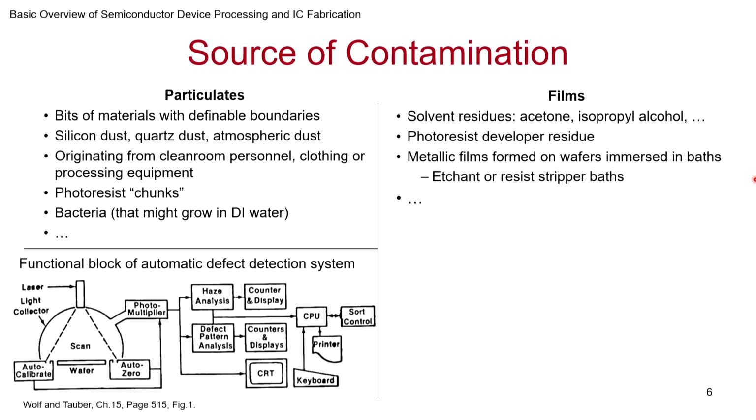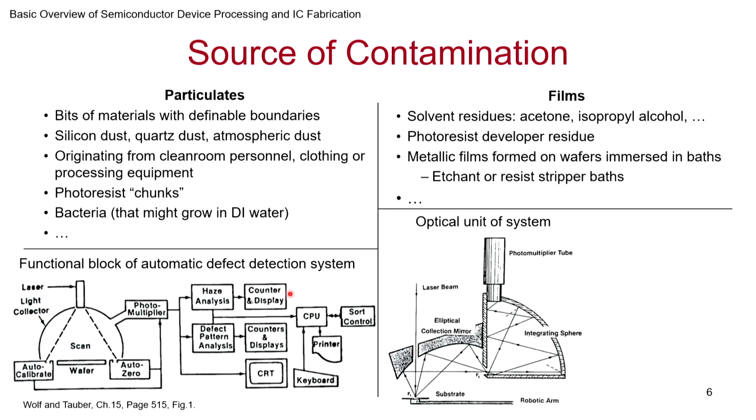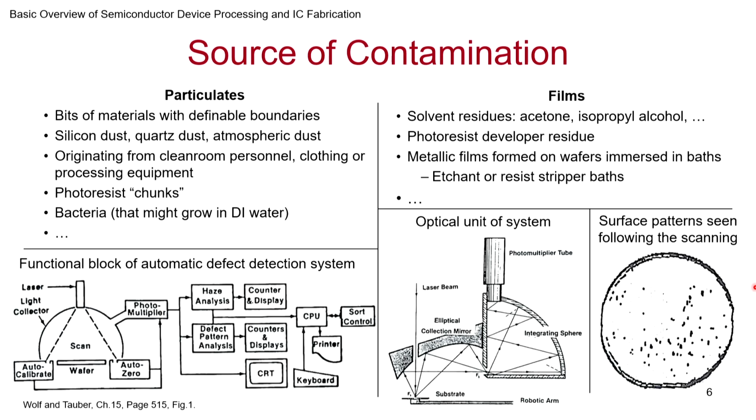We may have contamination, but we should be able to track them. And there are some standard procedures that are there. In fact, there is an automatic defect detection system that is often used in fabs. So you have this wafer and you shine light on this, and you collect the light through an optical system, and then you integrate it and you photomultiply it so that you can accentuate any difference that is happening at some location in the wafer. And then finally a map of the wafer can be generated, and this gives an image of places where there is something out of place.